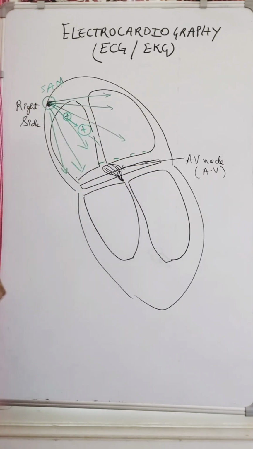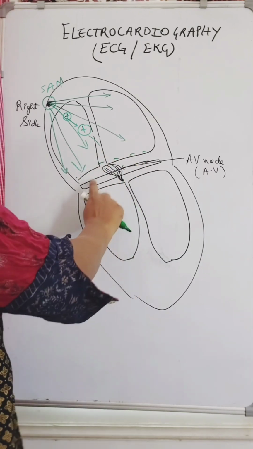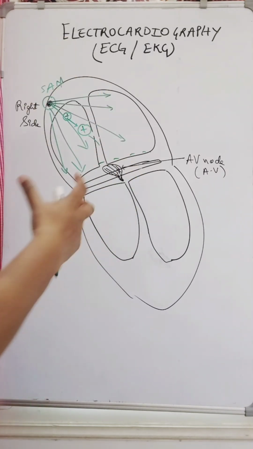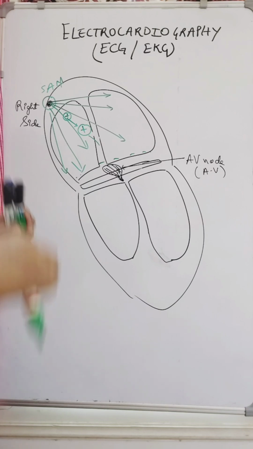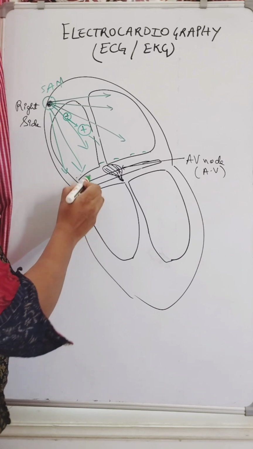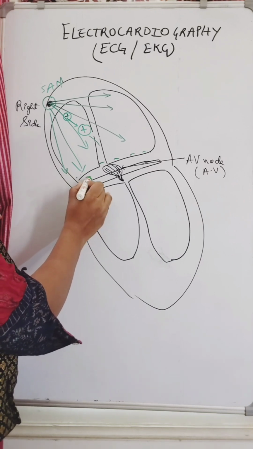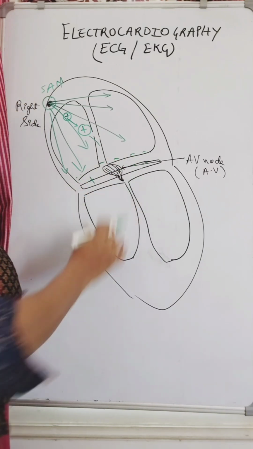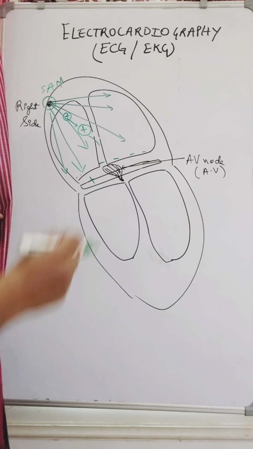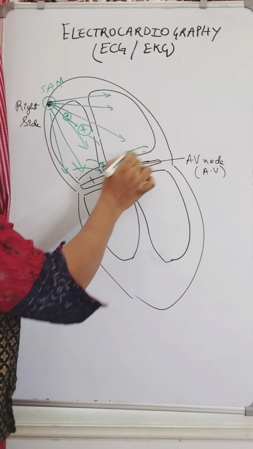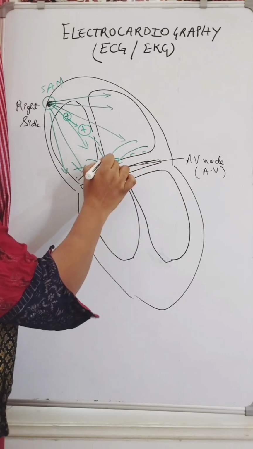Now, as I already told you, this is the fibrous annulus of the heart. This fibrous annulus is a very weak conductor of electricity. It does not catch the electric impulses very fast. So most of the electric impulses which are carried to this junction or the fibrous tissue are going to be damaged or deteriorated. But maximum impulses are carried where? They get concentrated towards the AV node.